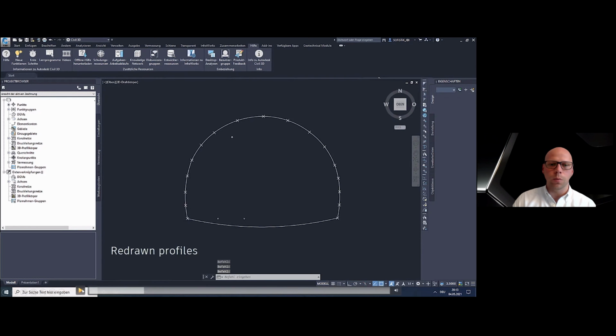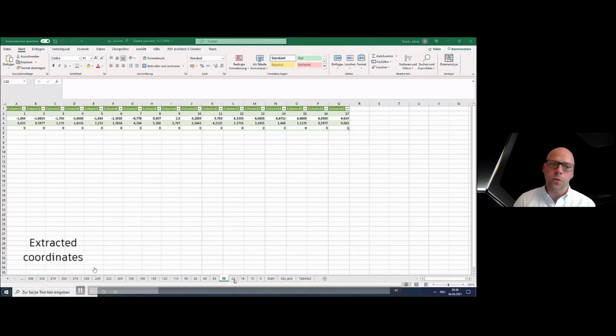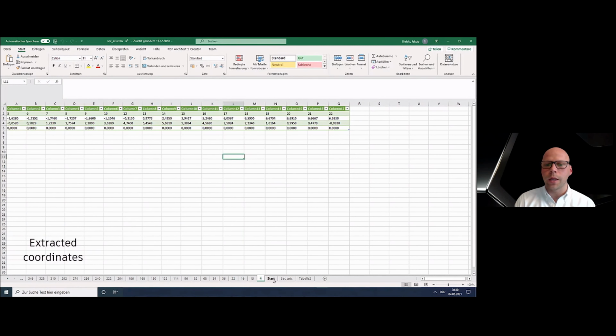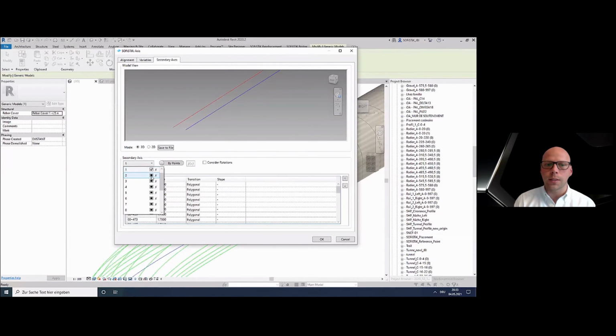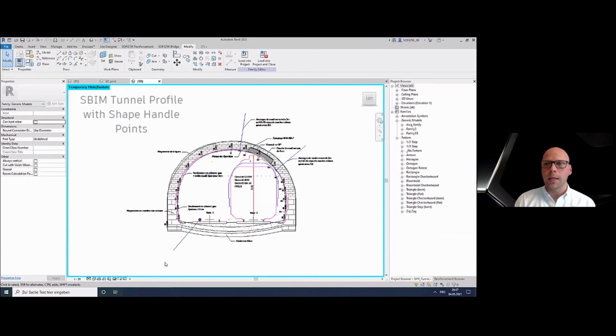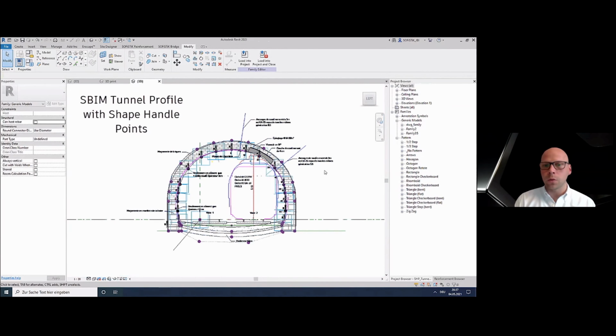So in this way, we had the multiple profiles with an outer or inner shell, actually the position of the points in the inner shell. So later on, we transferred this data, or extracted simply the coordinates from the points, and arranged it together in the manner that we can use later on with the bridge modeler. And we use this data to create the secondary axis, as you can see right now in Revit. So the secondary axis is a so-called dependent axis that is created according to the geometry of the main axis and also an offset value in two directions.